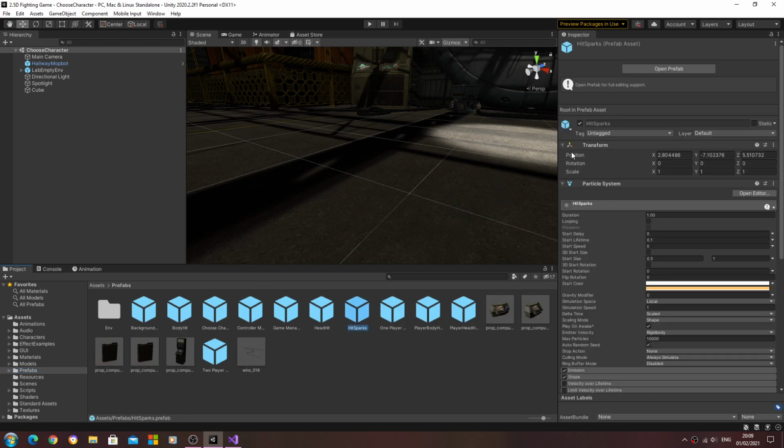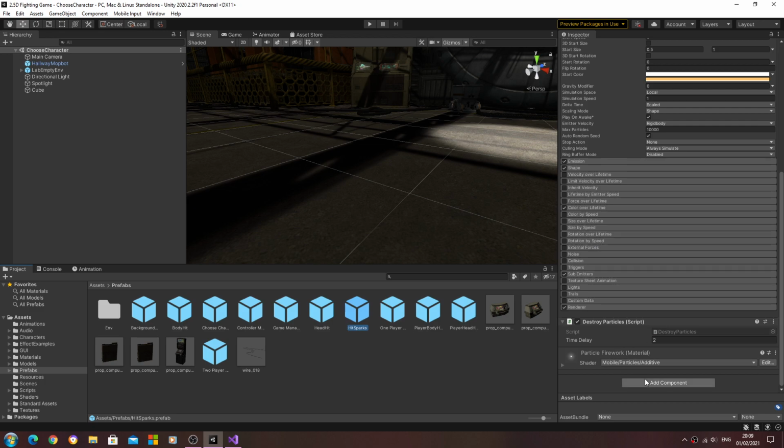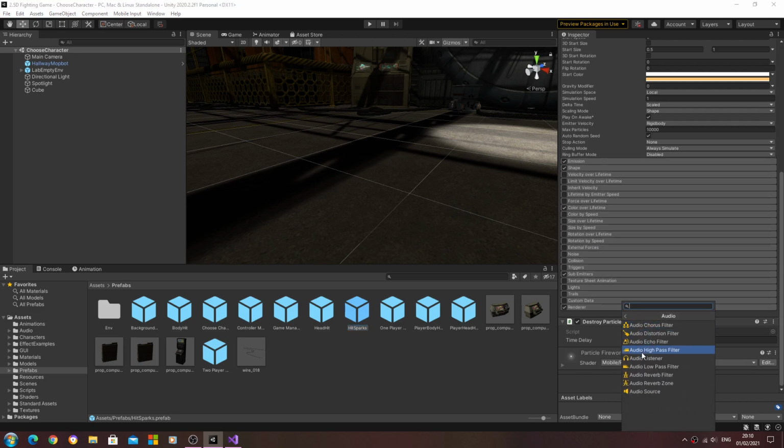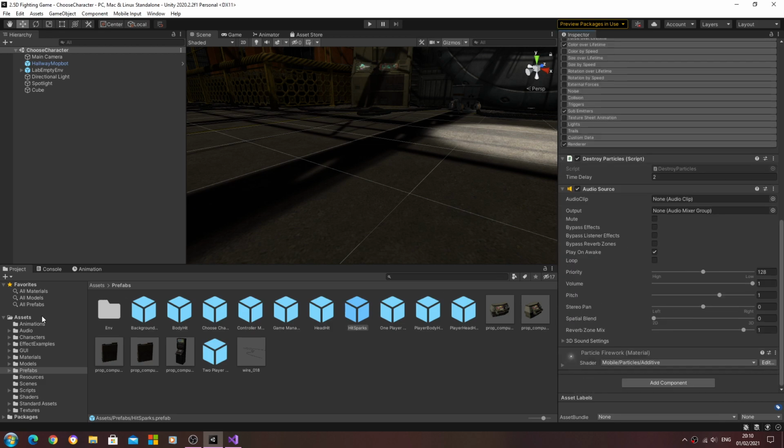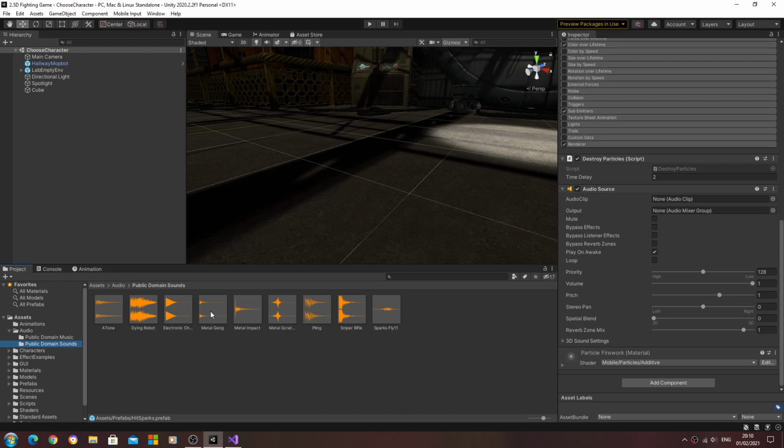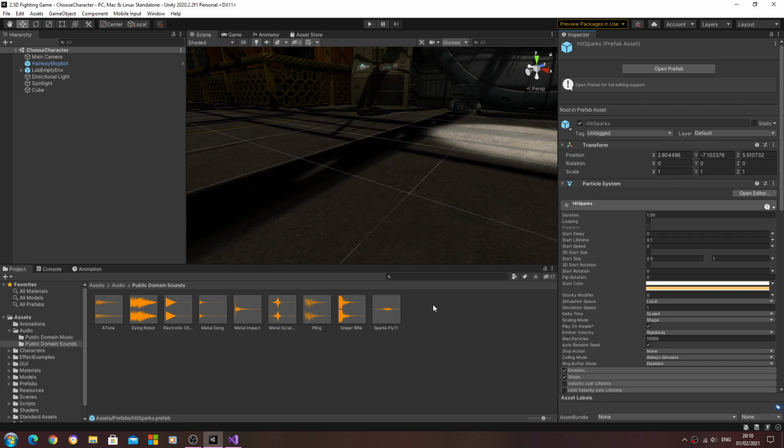One more thing, I'm going to come to the hitSparks in the prefab. I'm going to add an audio source. And I'm just going to assign an audio clip. I'm going to make sure play on awake is ticked. Obviously loop does not need to be ticked, so just make sure of that. And these values here, obviously you can experiment with. So I think that will be slightly better